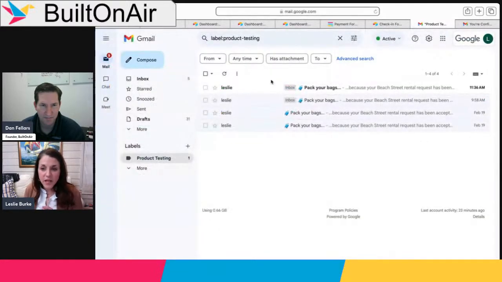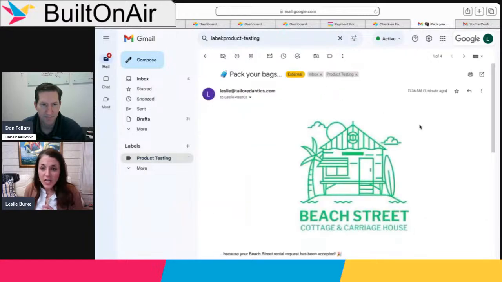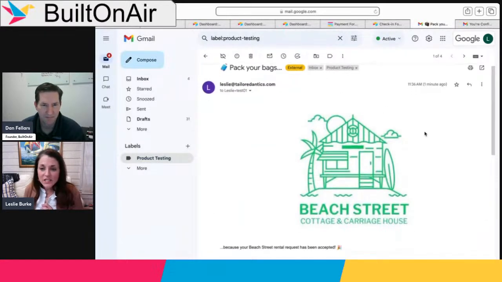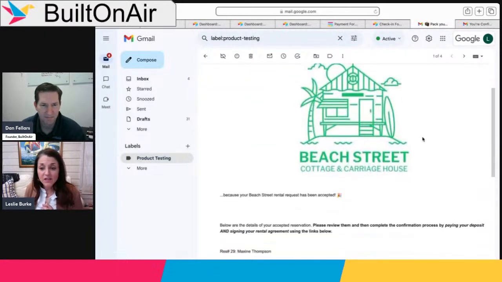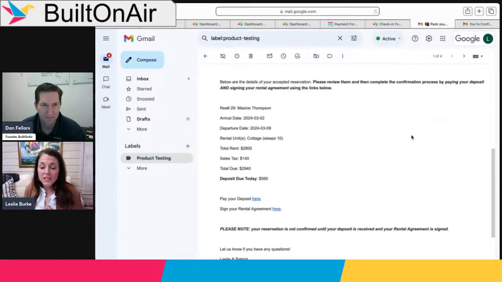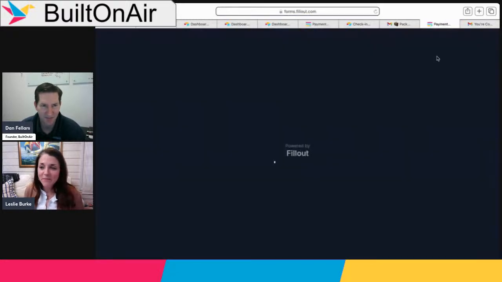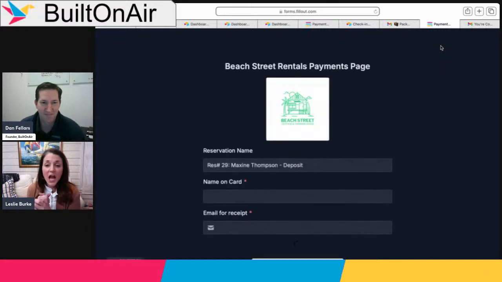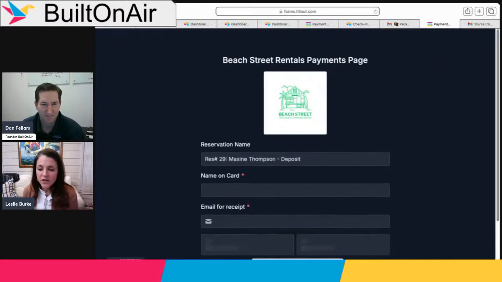So you can see here's my inbox. Here's the email that just came. And it says, hey, pack your bags because your rental request has been accepted. And so it gives all the details of the reservation, but also a link to pay the deposit and to sign the rental agreement. And with both of these, I'm using Fill Out. I'm a huge Fill Out fan. Yep. And so this is actually a process that can replace